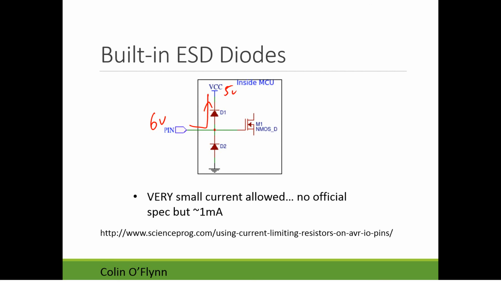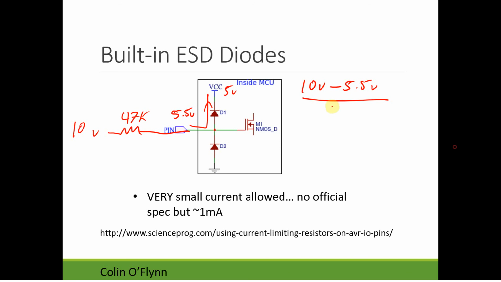Now, if you have very limited current on the input, so if I have 6 volts and a 47K resistor here, what's actually going to happen is it's going to clamp your input to some reasonable level. So it'll keep it below that 5.5 volt maximum level, even if this is 10 volts, something like that. The risk is that only very, very limited current can flow through these diodes. So in this example, you could ask, how much current's flowing? It depends on that current limiting resistor. So it would be the 10 volts minus 5.5 volts over 47,000.